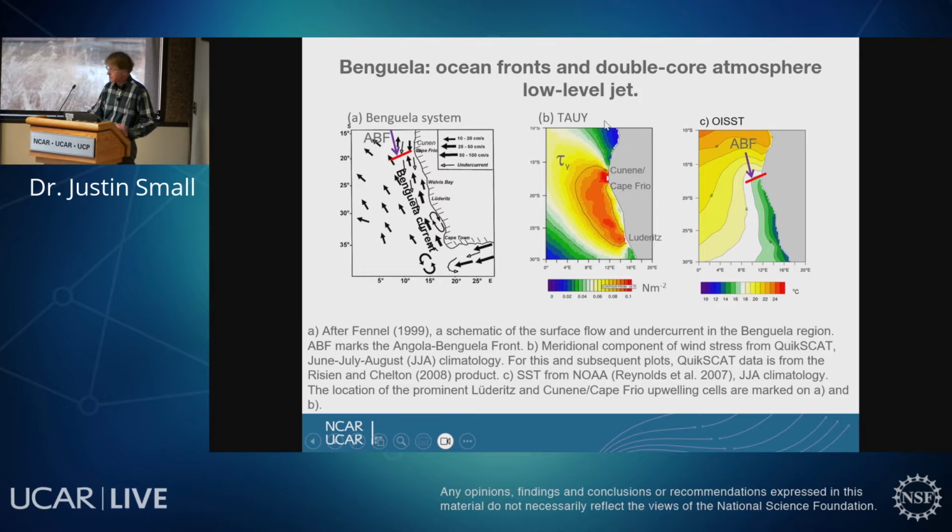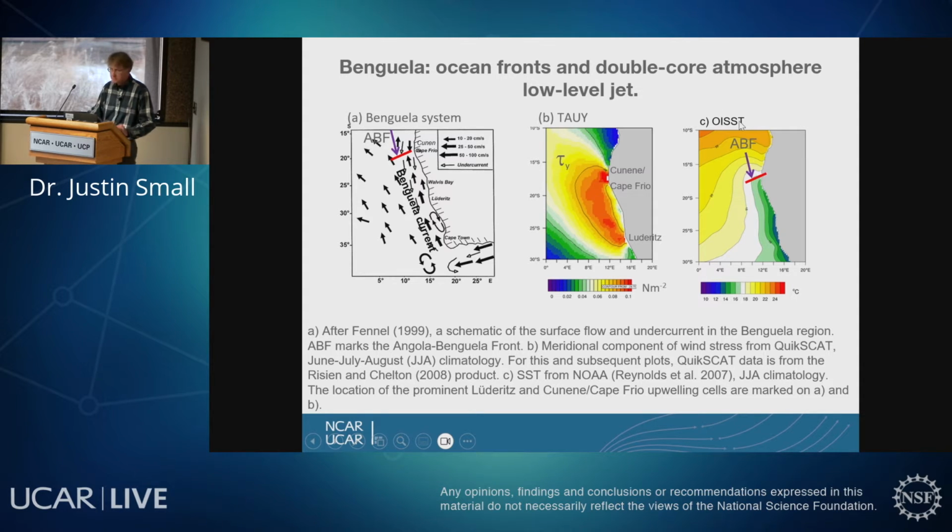If you look then at the wind stress, this is this tau y variable I mentioned earlier, meridional wind stress. It has this maximum, and the maximum meets the coast at 2 points. So this is why we call it a double core atmosphere jet. Further south in Namibia, Luderitz upwelling, and on the border between Angola and Namibia's Kunene, Cape Frio upwelling, where strong winds occur. These are the maximum of the wind stress.